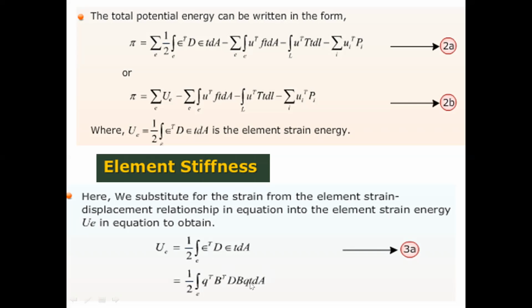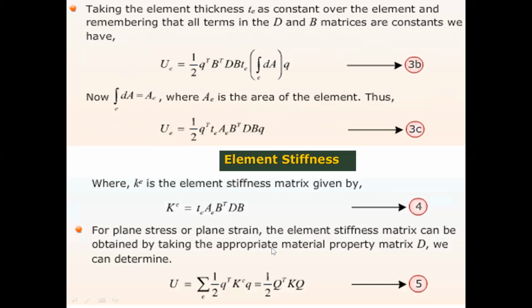That's what is substituted here. Then the area integral over dA is A, because this triangle element is constant throughout, as you know, so there is no variation. So the integral of dA is A. Then the energy is half of Q transpose, thickness times area, which is a volume, B transpose D B Q. So then you have a Q transpose Q. If you take out your stiffness matrix, it is thickness into area of the element,